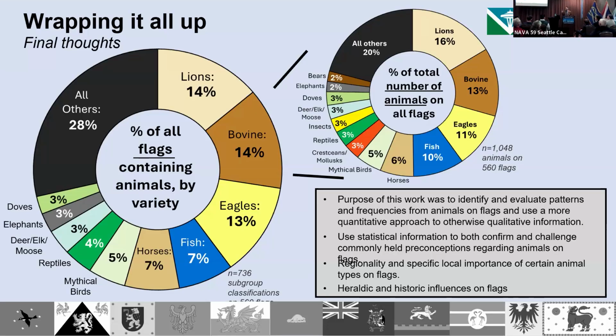Well, okay, so prehistoric, I guess. There was one flag that had a dinosaur on it. I classified a dinosaur as a reptile. I think it was on a flag of Mongolia. Other than that, I can't recall off the top. I mean, I looked at 1,800 flags, so I'm sure I did. And I have a massive spreadsheet and an Access database that I try to keep track of all these animals.